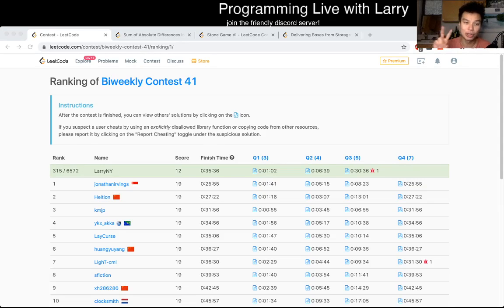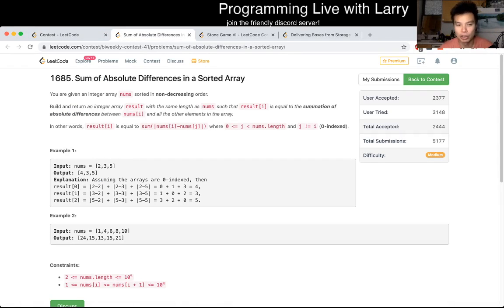This is me going over Q2 of the bi-weekly contest 41, sum of absolute differences in a sorted array. So basically this one, it's a tricky problem to think about, but you could do that while you hit the